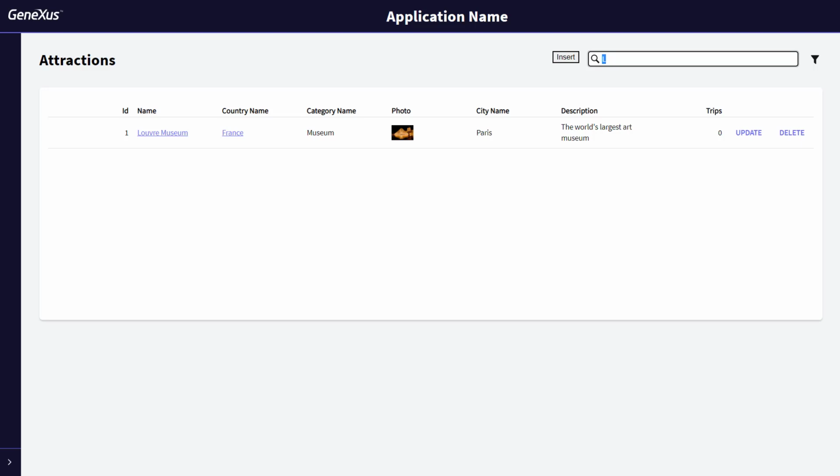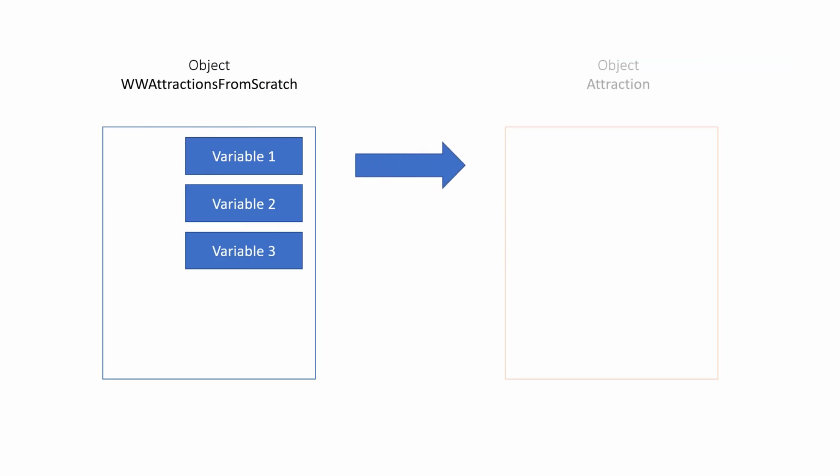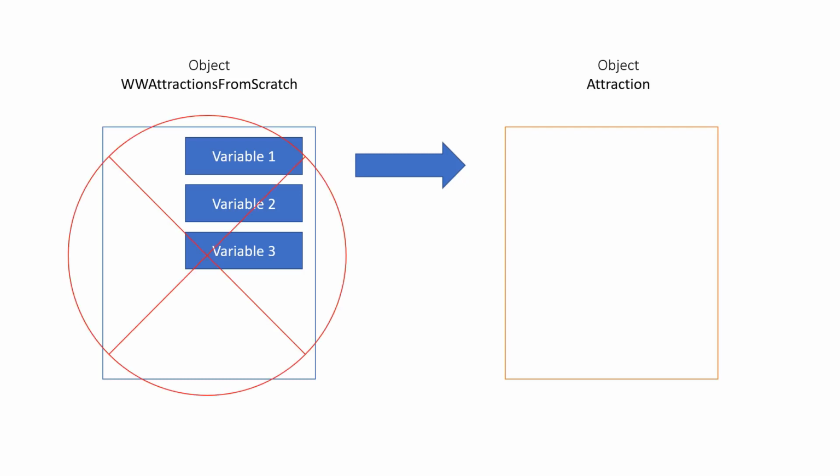Next, a solution will be programmed in the web panel, and an explanation will be provided about the way the pattern does it. Remember that the variables stated in each object can only be used within them as long as the objects are active. For example, in this case, the moment we invoke the attraction transaction from the web panel, the WW Attraction from Scratch object is destroyed, and we get its variables.